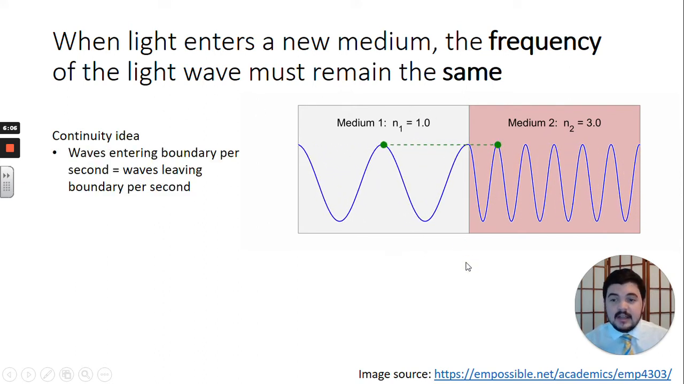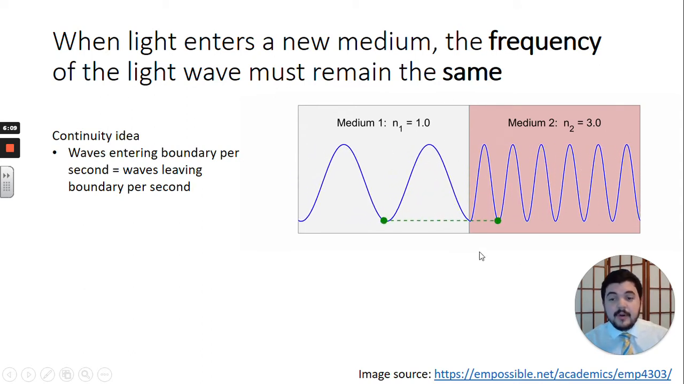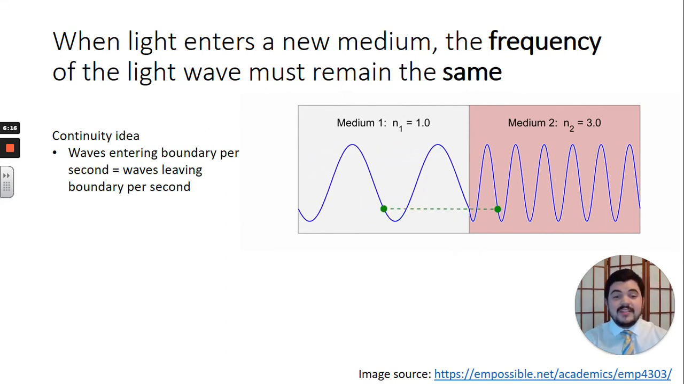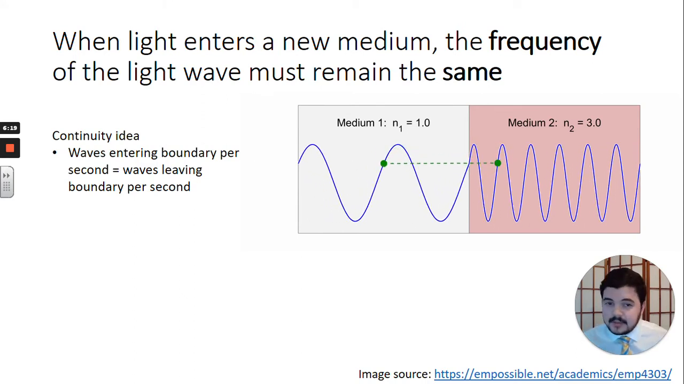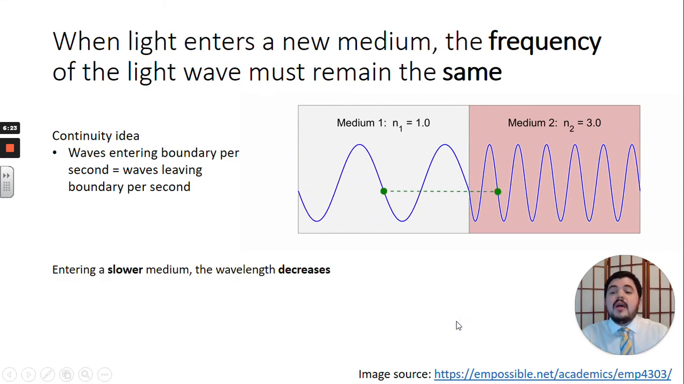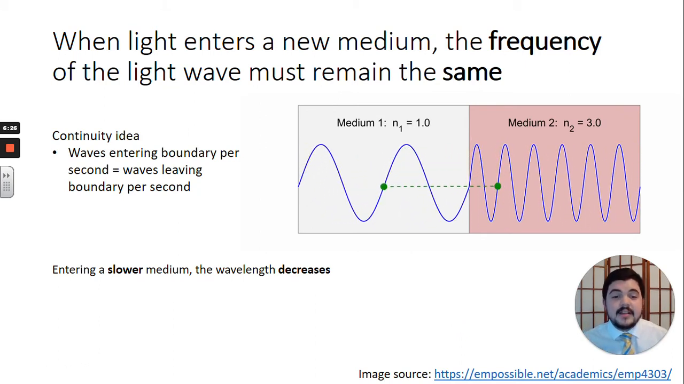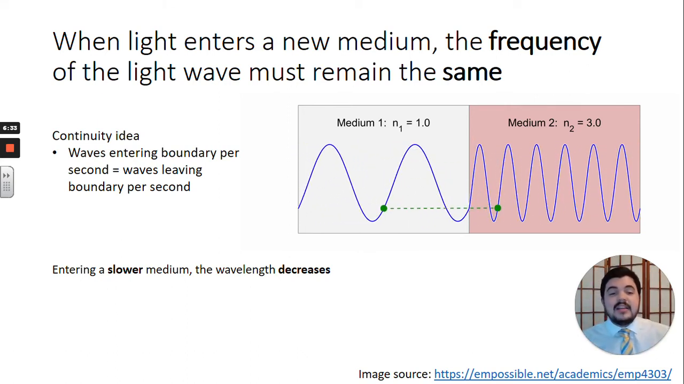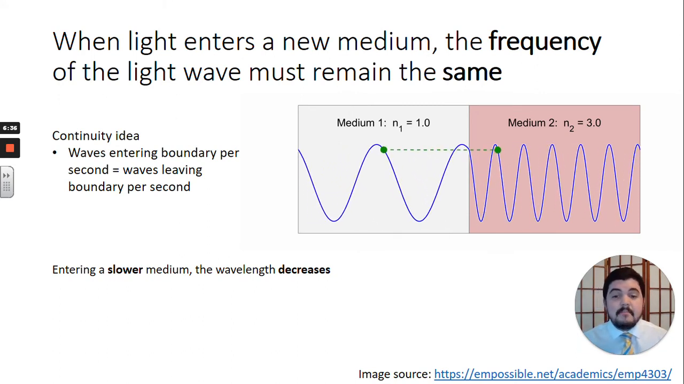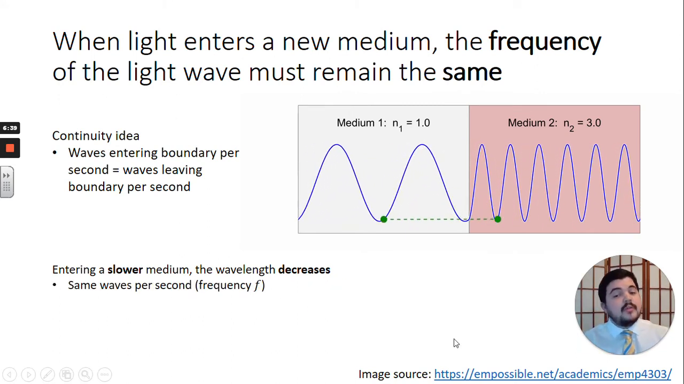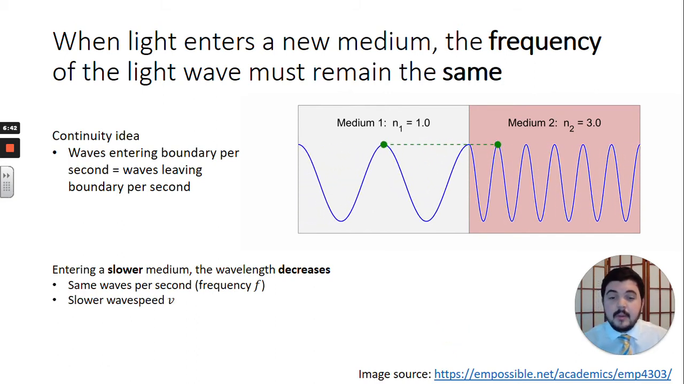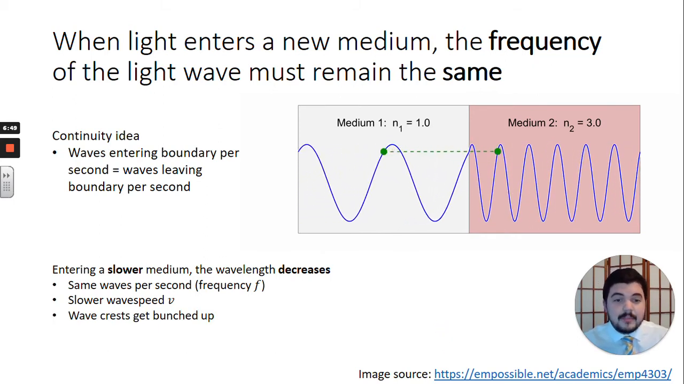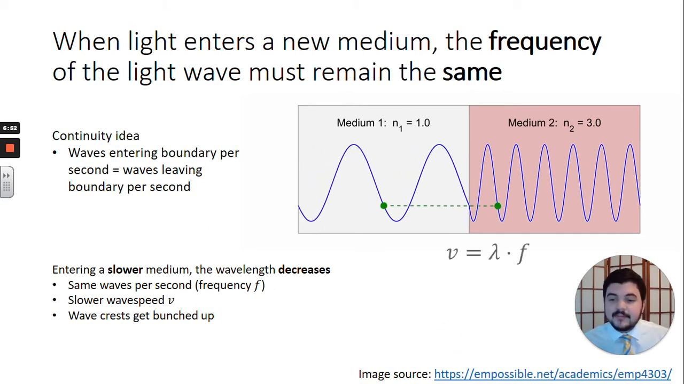And we have this continuity idea that the waves entering at this boundary per second must be the same number as the waves that are leaving each second, right? The amount of wave isn't changing each second. Waves per second, that's frequency. And so when we're entering a slower medium, the wavelength must decrease. In order to both slow down and keep the same number of waves per second, those waves get bunched up. We have the same number of waves per second, the same frequency, but we have a slower wave speed. So the wave crests get bunched up as a result of the incoming waves slowing down,